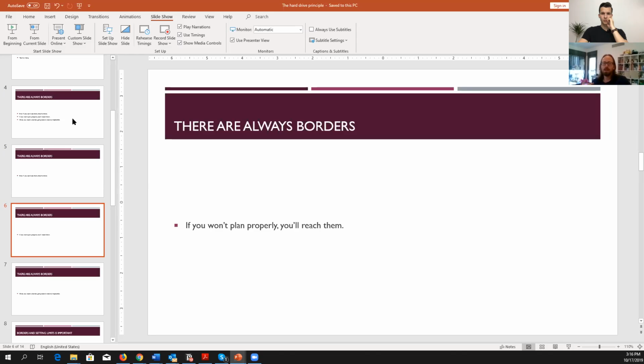And under promise and over deliver. If it took half the time that you said that it would take in the Gantt, the client will be happy. If it took 1.5 times the time estimation you promised to the client, he will not be happy. So give yourself 2 weeks instead of a week. And if you deliver in a week, the client will be happy. If you deliver in 2.5 weeks, the client will not be happy. That's what I'm saying high level.